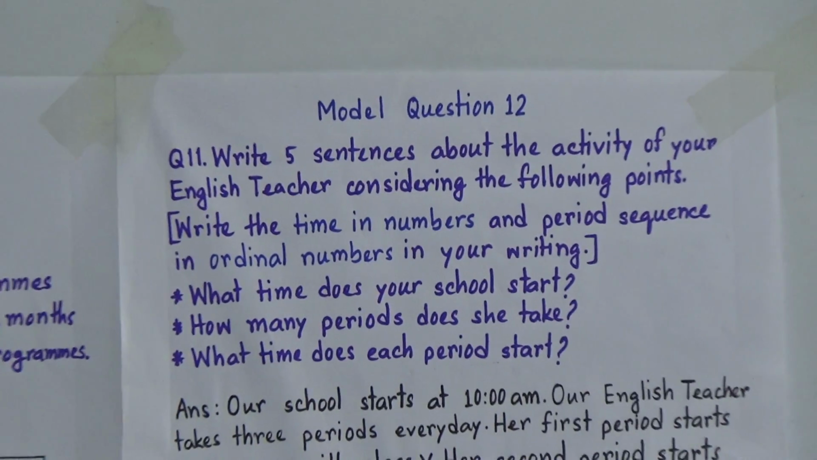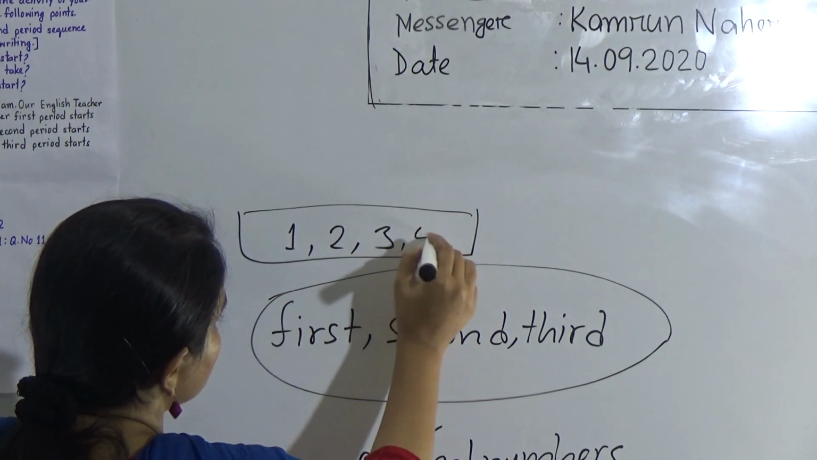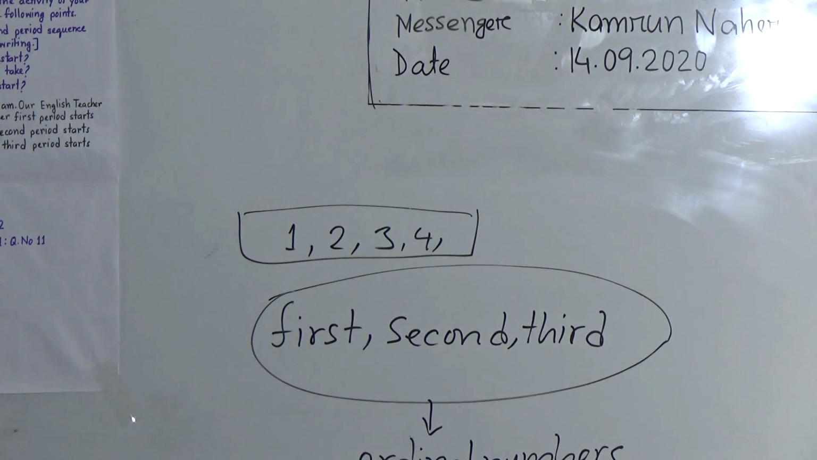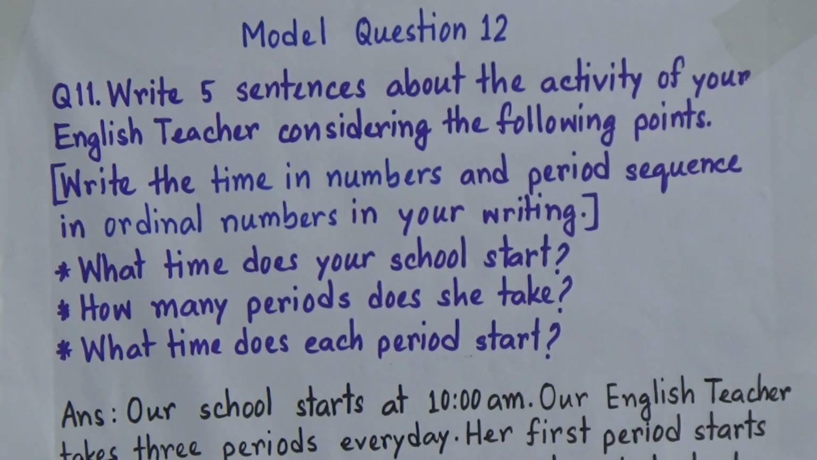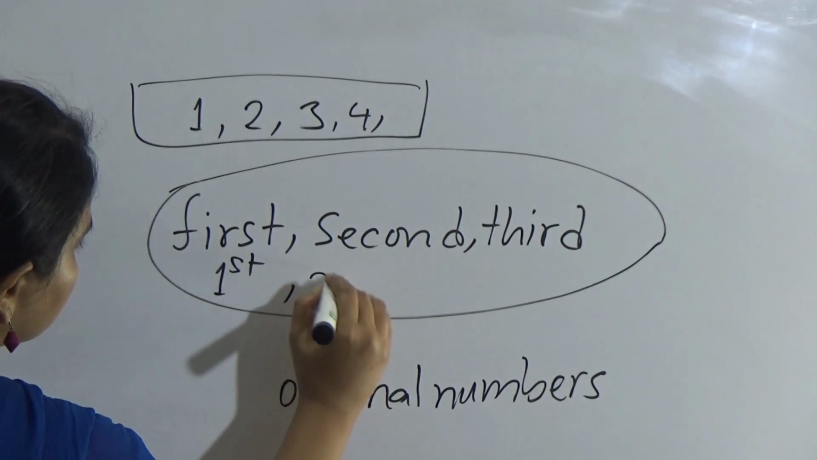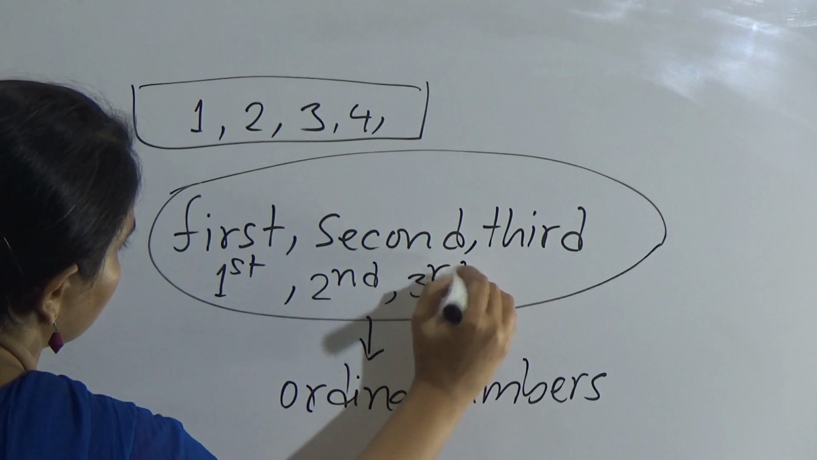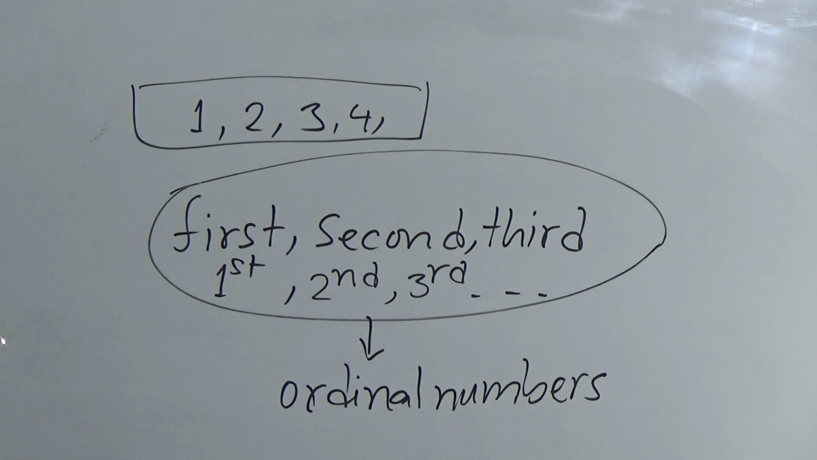And when you write the time, write it in cardinal numbers, like 1, 2, 3, 4, 5, 6, 7, 8. So, whenever you are going to write the time, we will write the time in numbers and the period sequence in ordinal numbers like first, second, third, or you can also use the short form, continuing fourth, fifth and sixth. So, dear students, let us